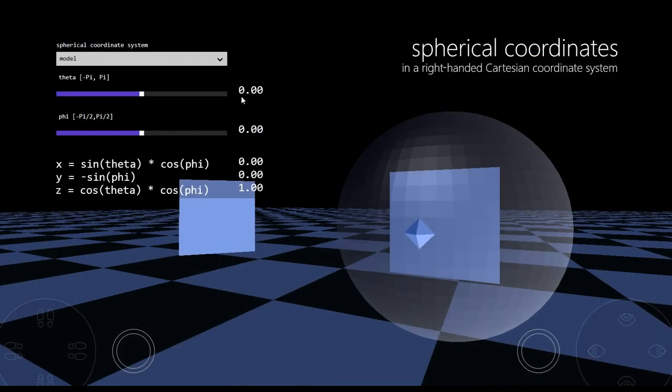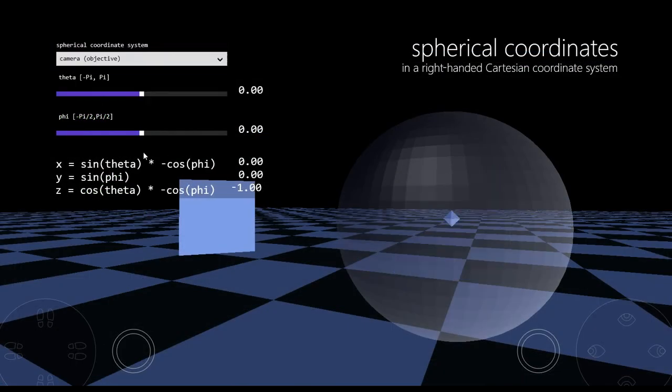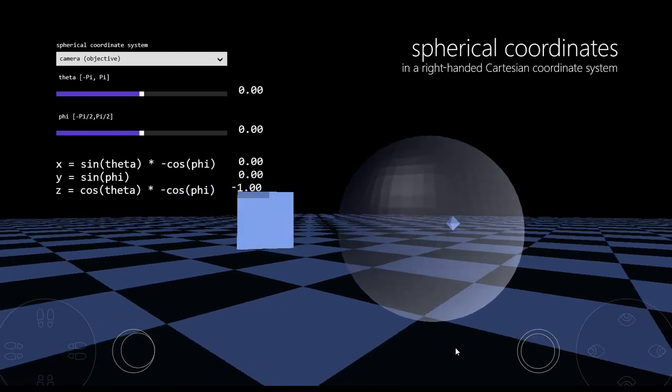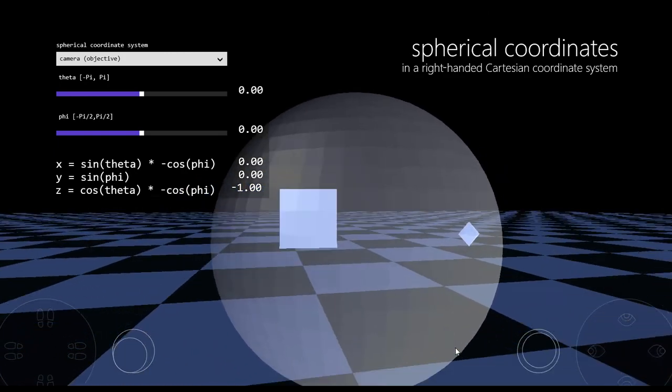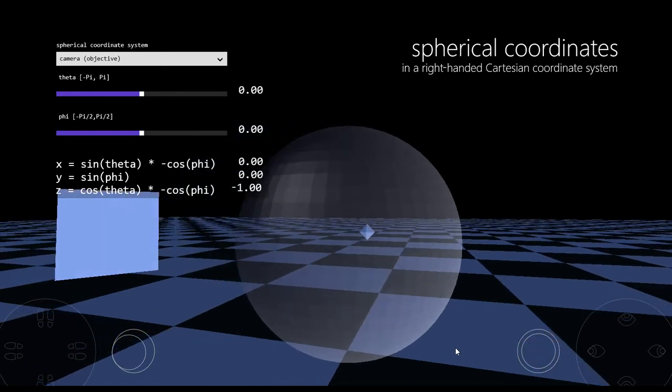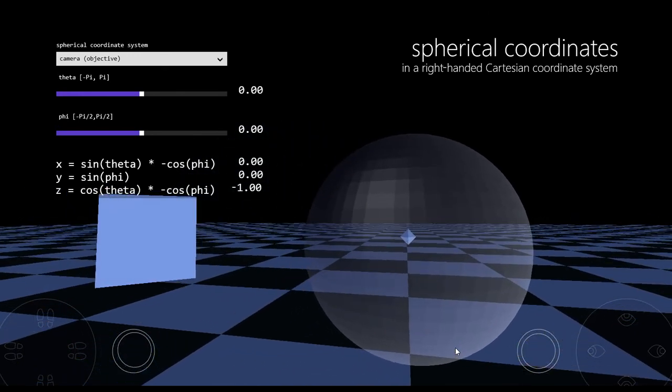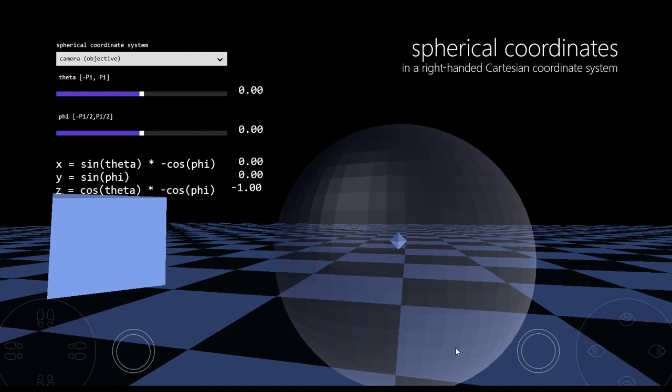The camera system uses slightly different formulas, and the reason for the difference is so that 0, theta and phi map to Cartesian 0, 0, minus 1, which is the position that an unrotated camera looks at. If you imagine a camera at the centre of that sphere looking toward the indicator, at the moment that imaginary camera is looking the same way that we're looking. It's looking into the screen and off into the distance down the negative y axis,